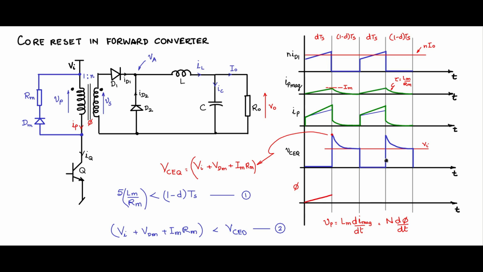So let us draw that, the same linear rising and fall, because when Vp is fixed constant when Q is on, Vp by N will be the rate at which the flux will rise, and it will fall exponentially because the current Im is falling exponentially. And again, the next cycle it will go in a linear fashion to a max value and then fall exponentially. This maximum value is phi m.